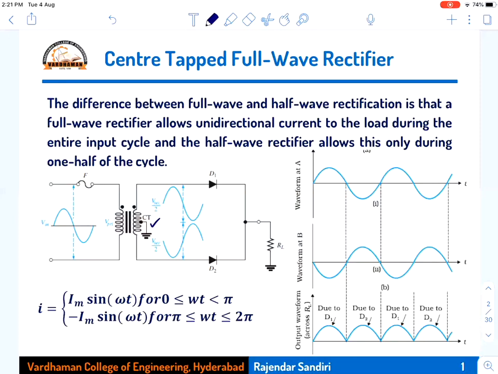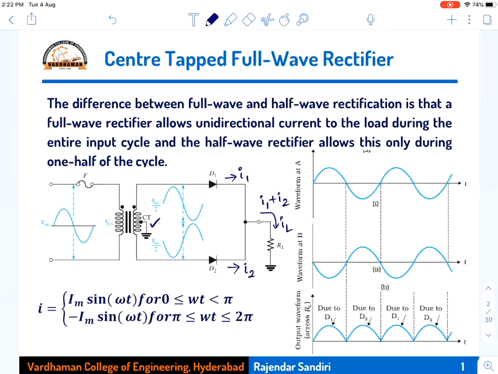Then both the currents will be added. The current flowing in the diode D1 is I1, the current flowing in the diode D2 is I2. So when I1 is flowing, I2 is 0. When I2 is flowing, I1 is 0. Then both these currents will be flowing into the load resistor. Therefore, IL is equal to I1 plus I2. Okay. So the current that is flowing when this diode is on is I1. The current that is flowing in this direction in the diode D2, when that diode is on, is I2. Therefore, the total current that is flowing in the load resistor will be IL, which is the combination of I1 plus I2.